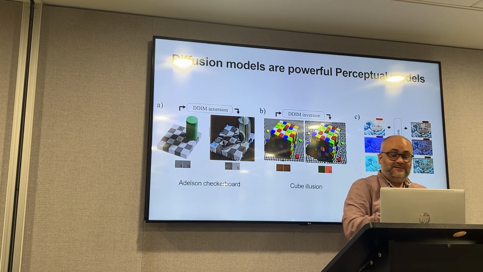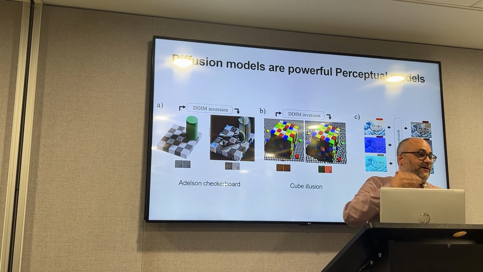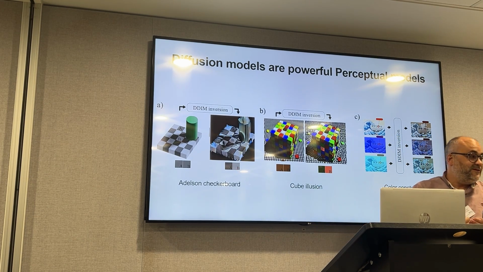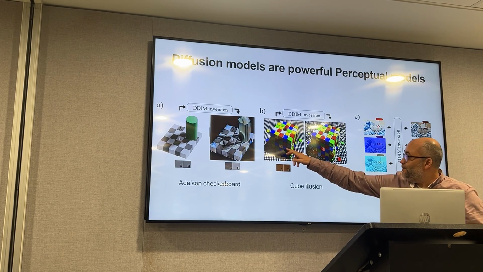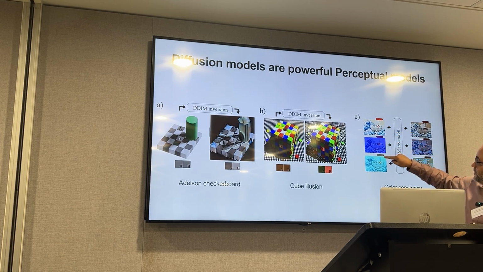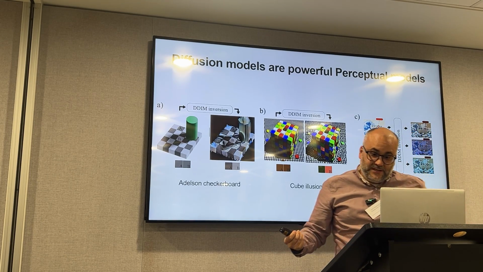the same gray value, as you can see here, and by running the DDIM inversion, you are getting what the perception says it should be. Also with the cube illusion, again, B and A are exactly the same color, it's just the context that changes. And even a very traditional one, which is color constancy. If we take these three different images and we run them through DDIM inversion, we can see how this red color, that as humans we know is going to be the same, gets much, much closer. There are even more